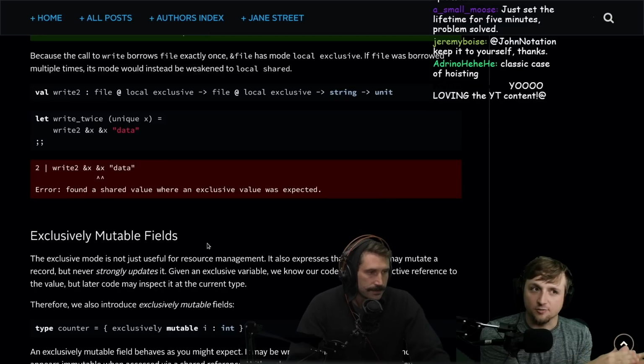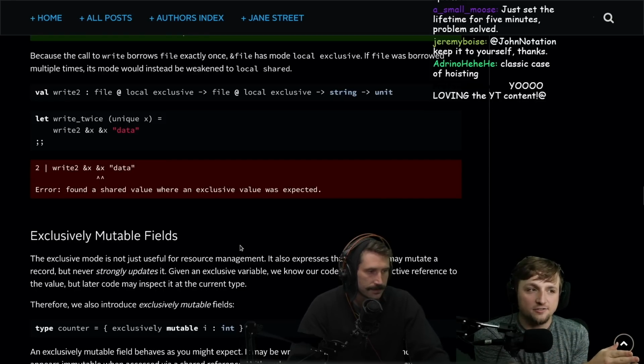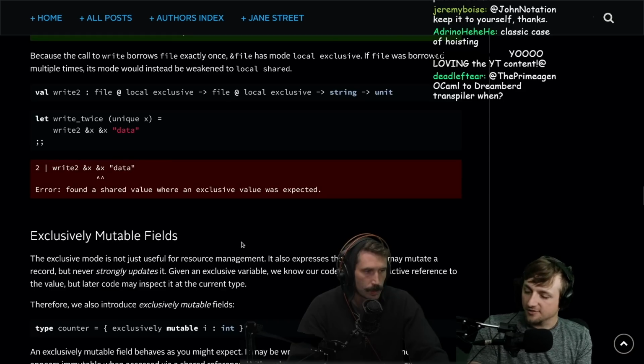Because you think about the way you have in Rust, you have the owned value and you have a reference, and only one person has the owned value. As many people as you want can have the reference, but only one person can have a mutable reference at a time.